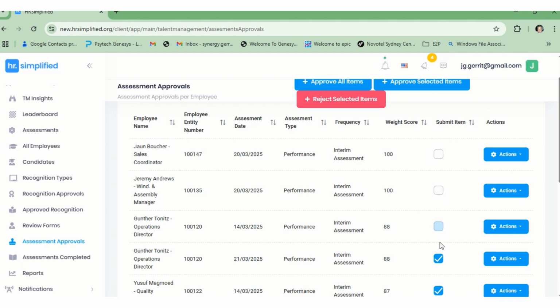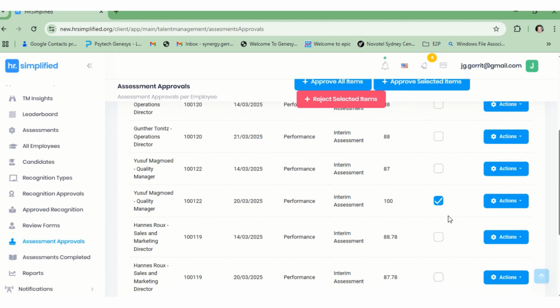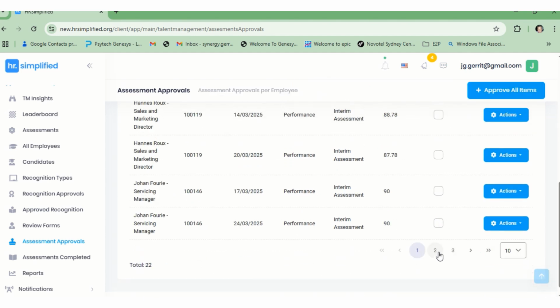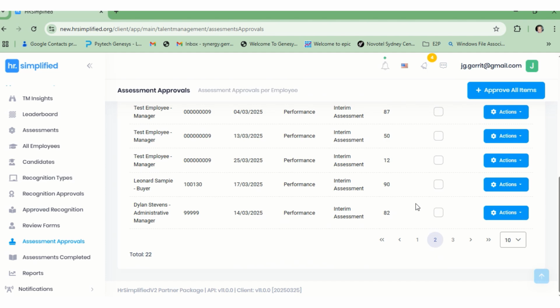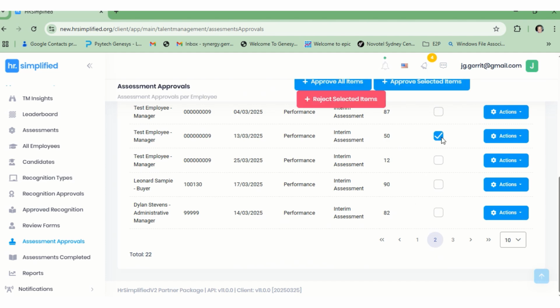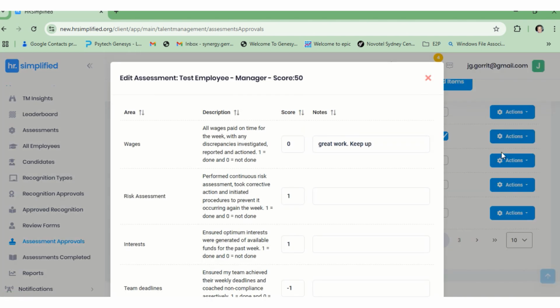But what I'd like to do is illustrate how you edit an assessment. Let's say you pick up an assessment and you don't agree with it, or it doesn't look right. So you select that particular employee, you then go to edit, and now it takes you to the assessment that was done by the employee. What is fantastic now, we've added a feature where you can make notes. So this is the assessment of the employee. They gave themselves a 1. You can then edit it there and you can make a note.